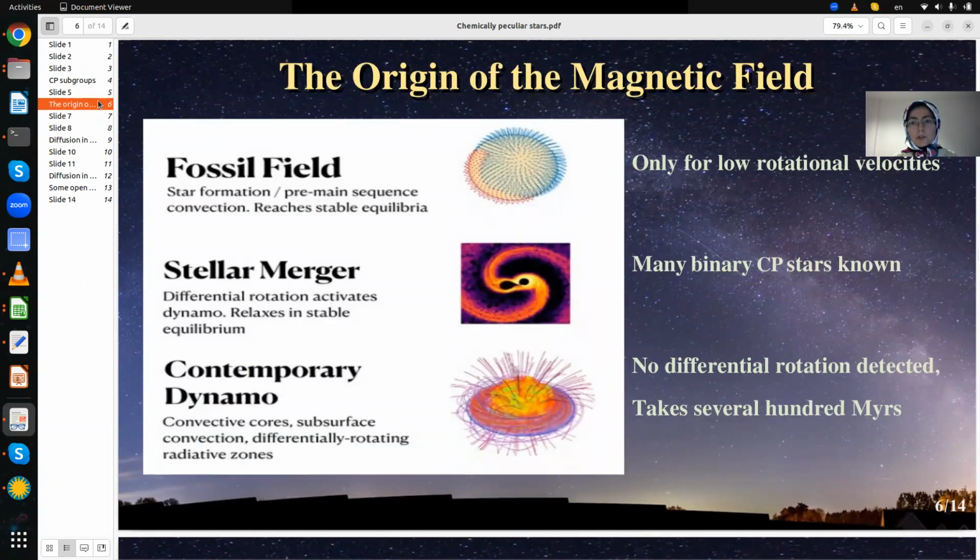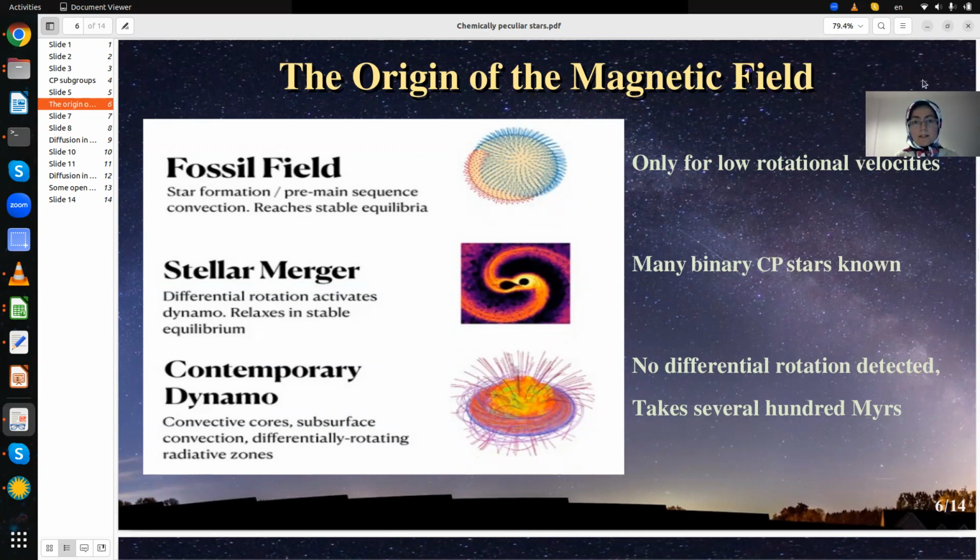And what is the origin of the magnetic field in the CP stars? There are three hypotheses for this. The first is a fossil field, where we have interstellar matter, and then we have a molecular cloud. And this molecular cloud, after a time, collapses. And then its magnetic field goes to the stars or star clusters that are born. So then we have the magnetic CP stars. But it has a flaw in that it is only for low rotational